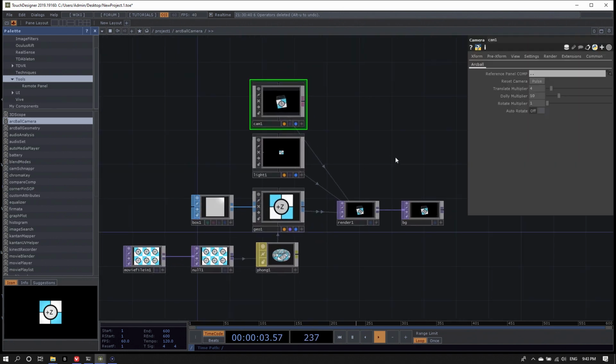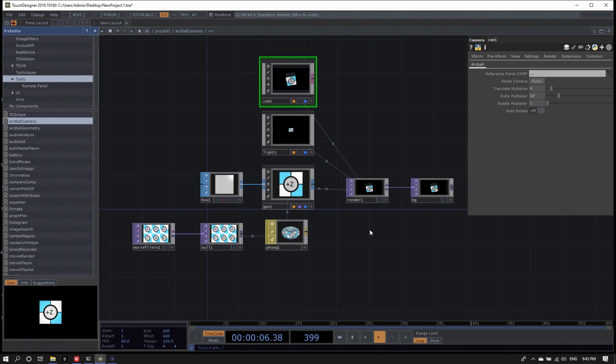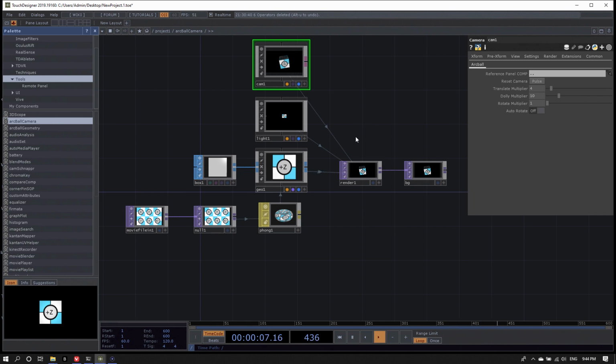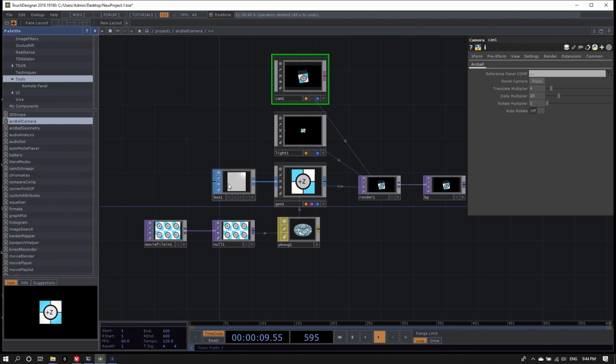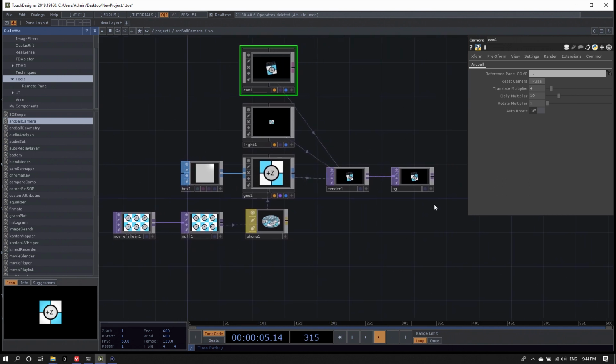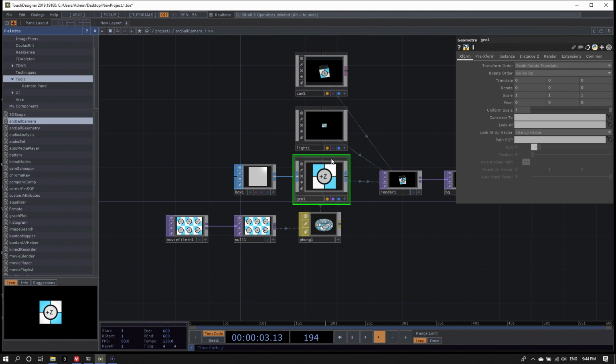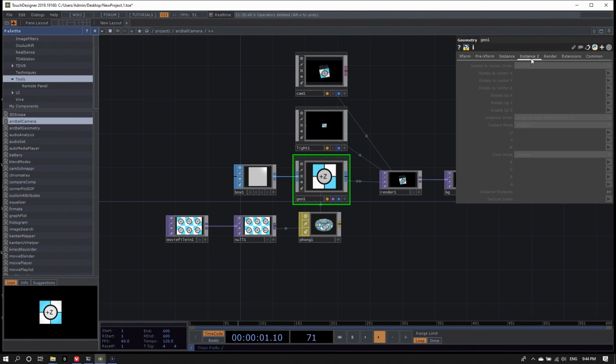Let's go inside here. We are inside arcball camera now, and there we can see we have a complete render setup. We have a camera which comes with a couple special custom parameters and special functionality, which is all the tumbling and things like that. A geo component with a box input and a movie file in and a phong material. So this is all great. We do need this box, this is our copy data, and instancing, as I said, is found on the geometry component itself. You have two parameter pages here, which is the instance parameter page and the instance 2 parameter page.